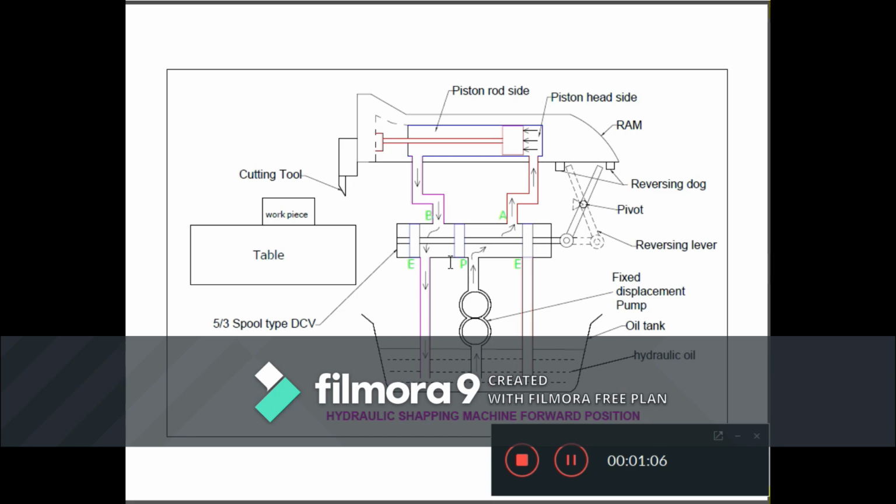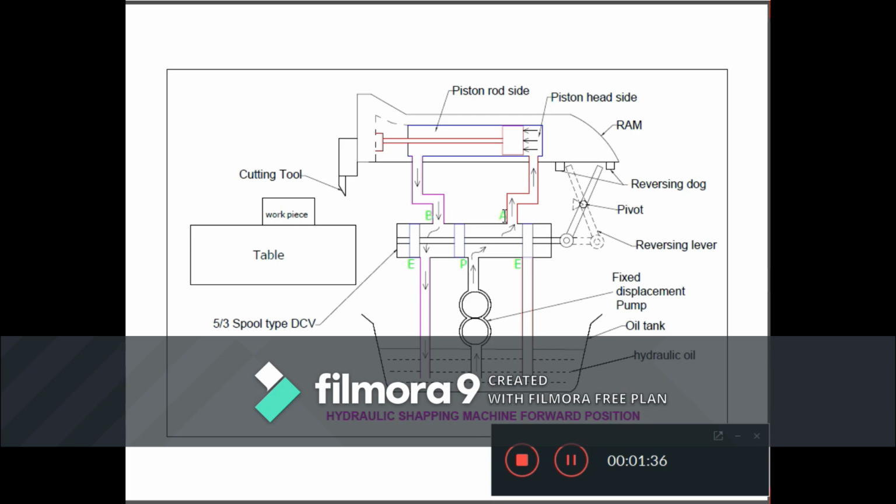Therefore, oil flows from P to A and reaches the piston head side, and at the same time, oil in the piston rod side will go to the oil tank through port B and E. During this forward position, P and A is connected and B and E is connected.